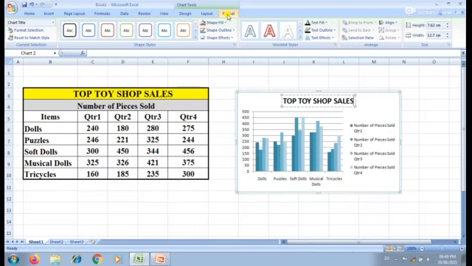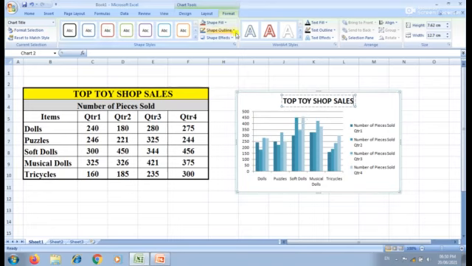If you want to format the individual features of the chart, for example, if you want to change the size of the font or color, we can use this format tab.